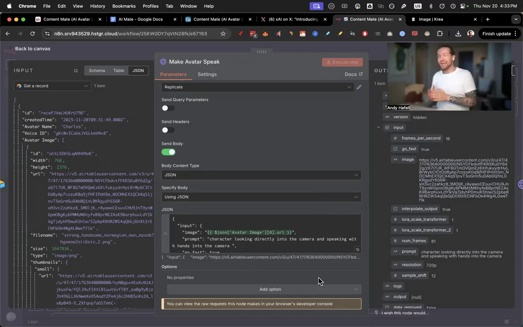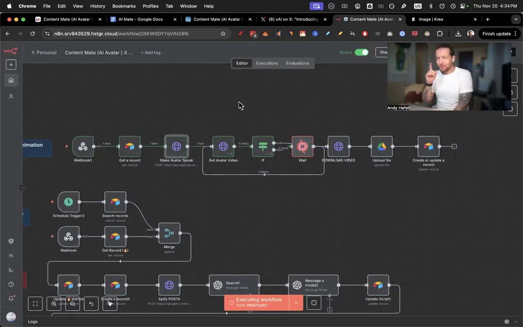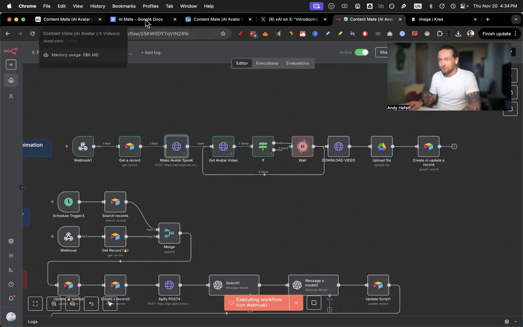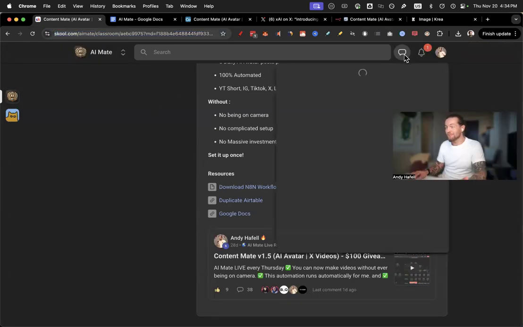So this is where jank stuff can happen, okay? And jank usually happens if you try to clone yourself, okay? So I want to speak to you if you are going to clone yourself specifically. If you're cloning yourself, I highly recommend, instead of doing what I'm doing right now, instead of generating an image to video, that you film yourself for 10 seconds speaking, okay? And the reason for that, I'll show you right now, and hopefully he doesn't mind me sharing this, but I got a